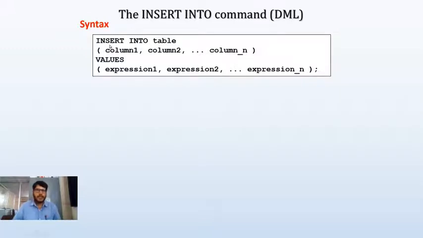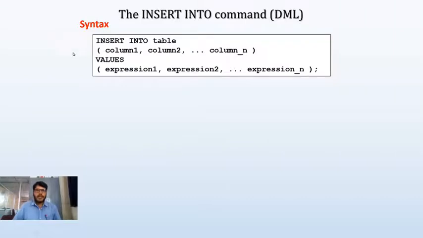You can observe here, I am using the INSERT INTO keyword. There is no space between "in" and "to" here. So continuously we write INSERT INTO table name. We should specify the table name, for which table I want to insert a record.